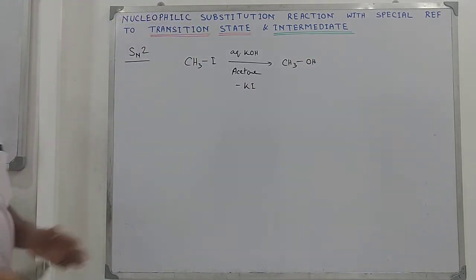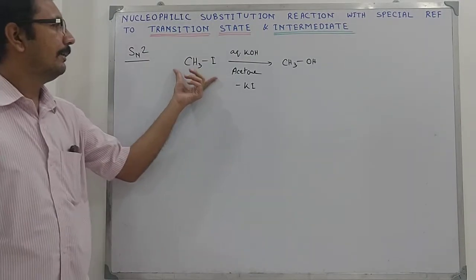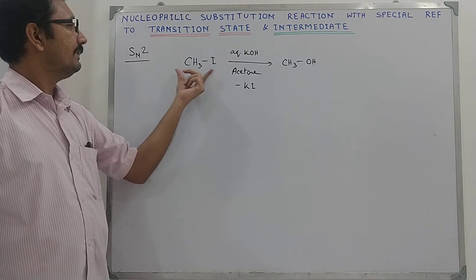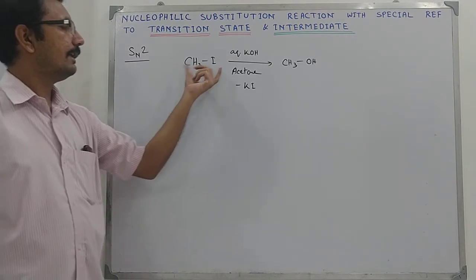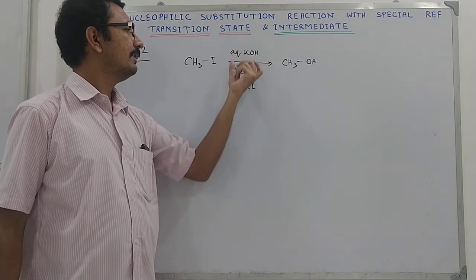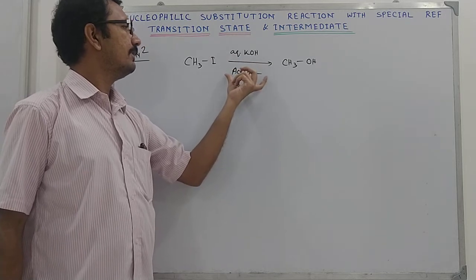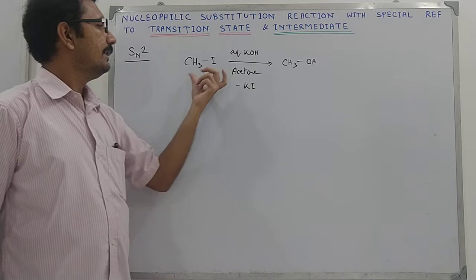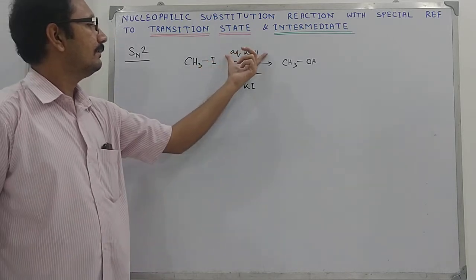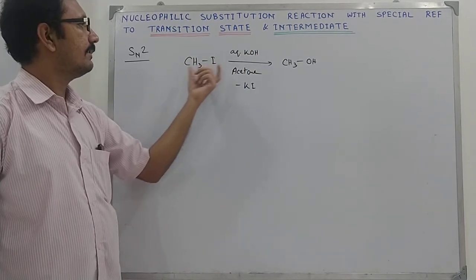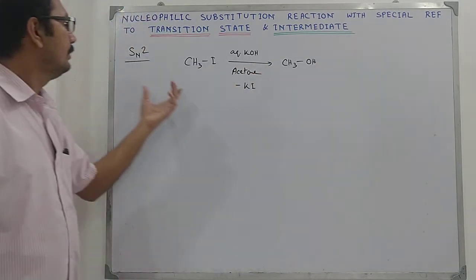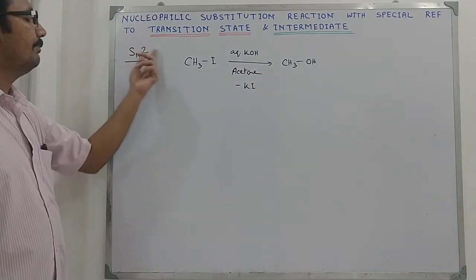So this substitution reaction is carried out by taking methyl iodide as the reactant and aqueous KOH, KOH dissolved in aqueous acetone actually. It is behaving as the reagent, and it is giving us methanol through